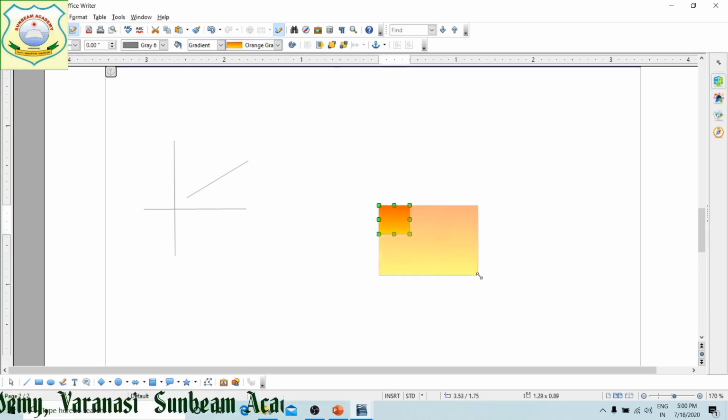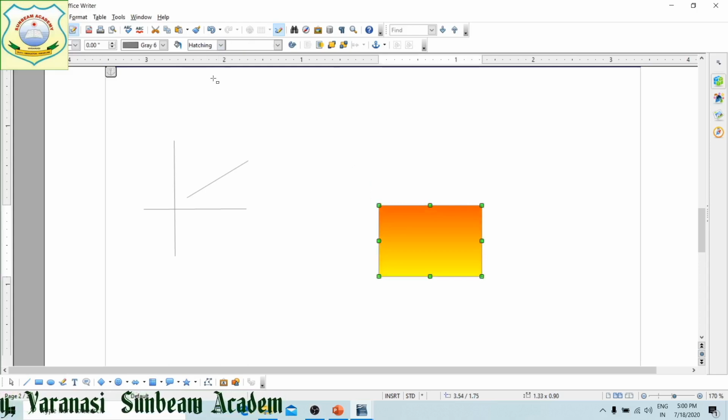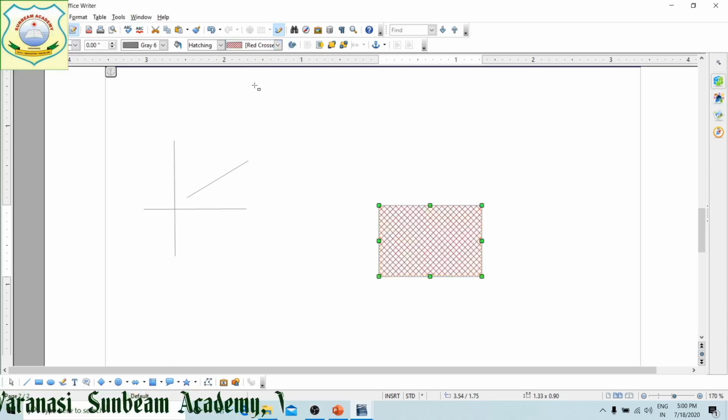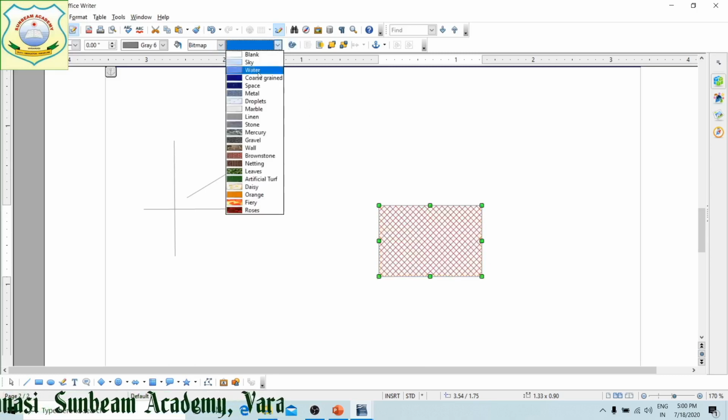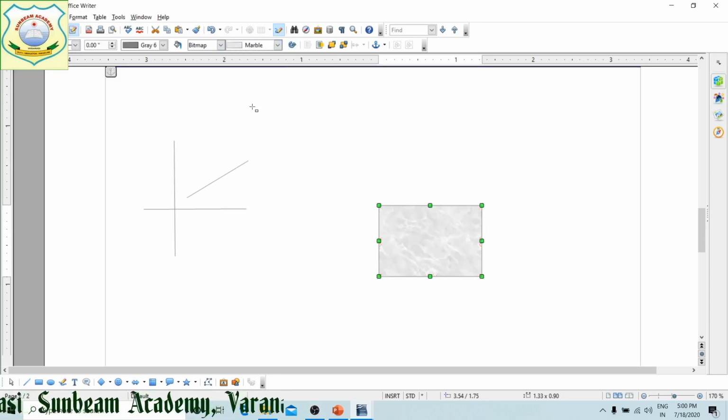Now I am extending this in the form of gradient. Or you need hatching, its color like this, right? Then bitmap, what bitmap style you need? Marble style. Likewise, this you can see.